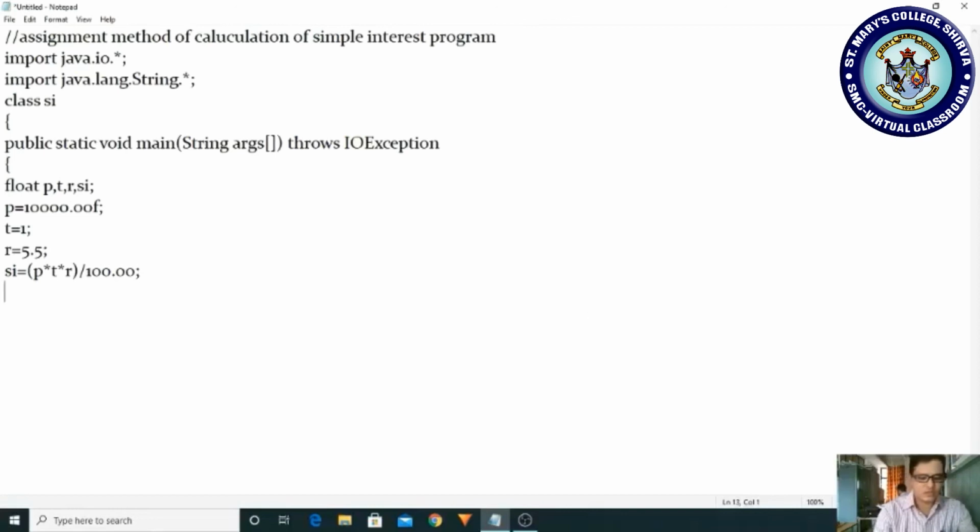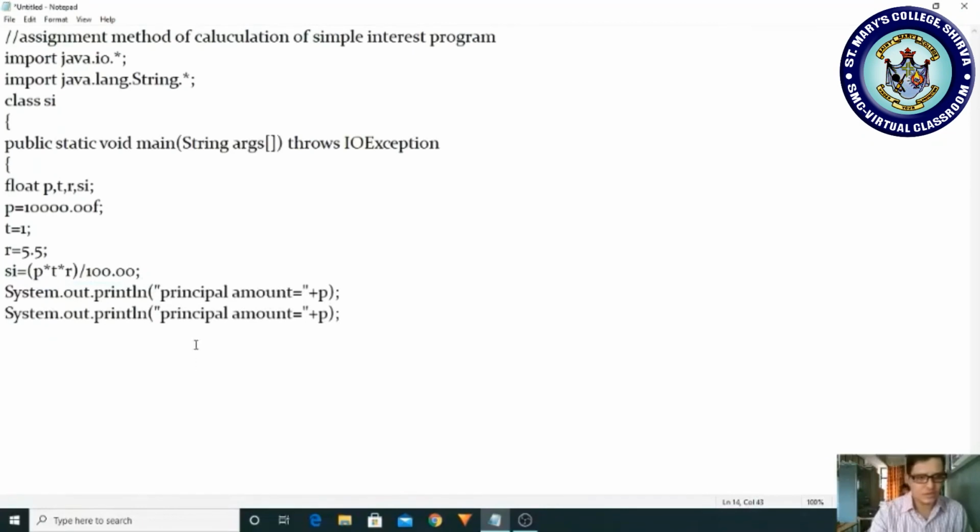And next you display the value. How to display the output? Println. Whenever you write System.out.println, S should be capital. Now I am displaying: principal amount is equal to, in double quotation, plus p. Next, instead of typing, I am copying and pasting the same thing here for the rate of interest.